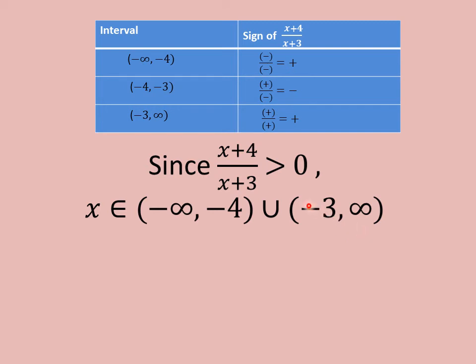And listen, one condition I have to explain. Even if you have an equal sign here, what will we do? We'll put a closed bracket, isn't it? But even if you have equal here, you have to see the denominator. When we replace x by minus 3, the denominator will become 0, isn't it? So we should not put a closed bracket for minus 3, even if you have the equal symbol here. Okay.